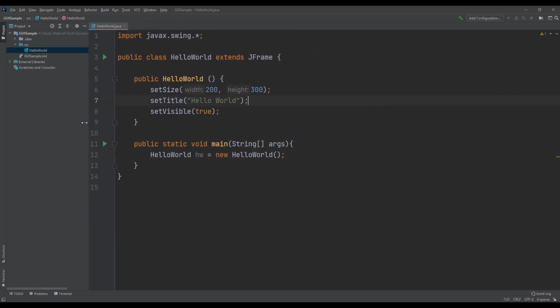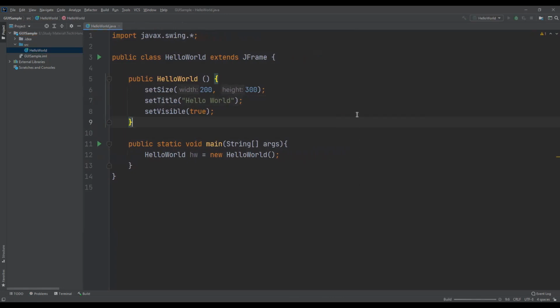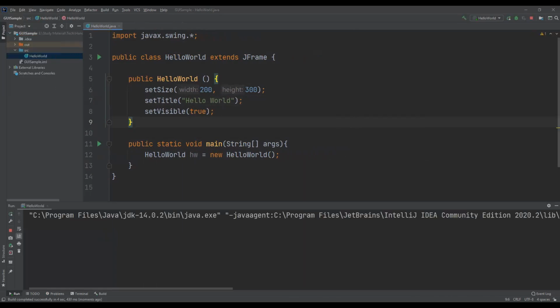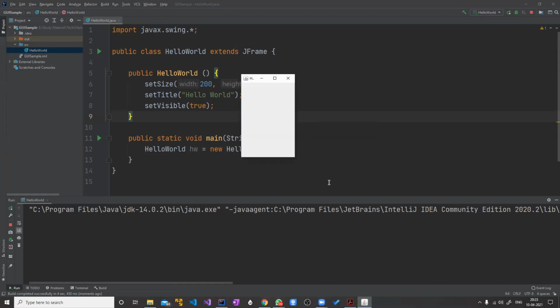Okay, so this is the simplest program which you can think of in Swing. So now let's execute this program. Okay, are you able to see? You won't be able to see because only the IDE is shared. Let me share the entire screen. This very small window you are able to see, right?